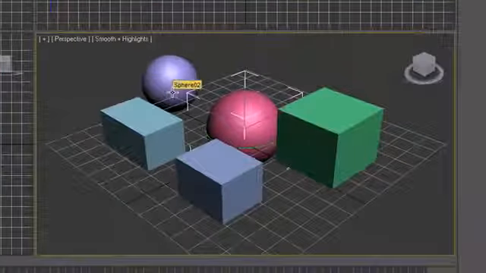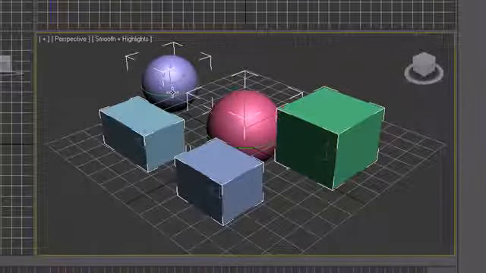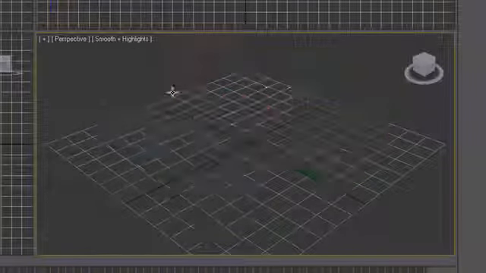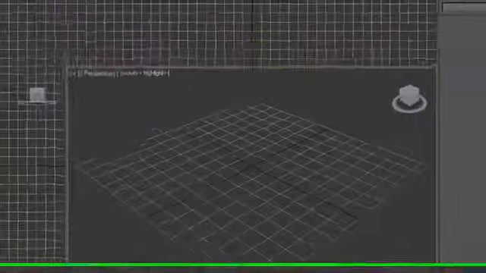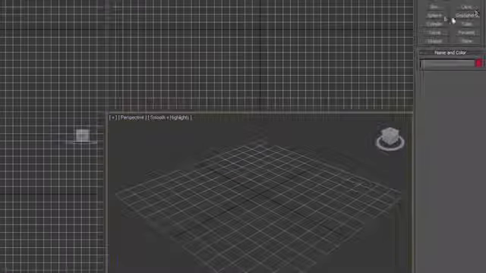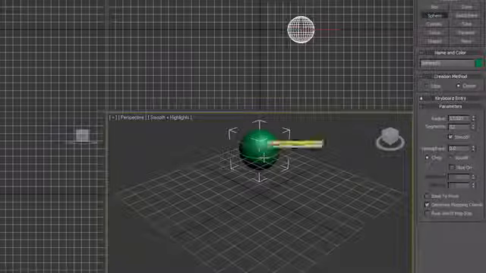And another thing I want to take note of, I'm going to go ahead and hit Control A, and it's going to select them all, and I'm going to delete them because I want to teach you guys something else. Different objects have a different number of clicks and drags required to create them. So for example, whenever I created this sphere right here, I just clicked and dragged once, and bam, I created